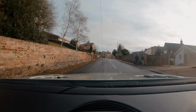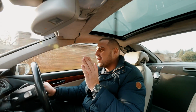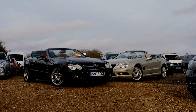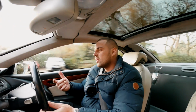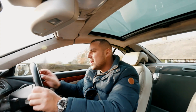I was saying earlier about the tipping point with power, the tipping point to where a car then starts to, or the wheels start to give way, and this is beyond that tipping point. So the SL500, like I said, does try and spin the rear wheels. This car is a disaster. Trust me, it's a nightmare. The gears are really long, and it takes a bit of